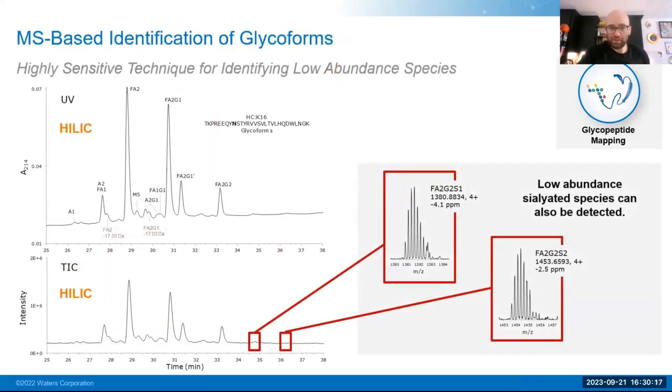What's very important with this, again, is that even at this level, we can begin to characterize through mass spectrometry very low abundant species that may not have been visible through something like a middle up approach. We're not getting as much information there. So this allows us to dig even further.